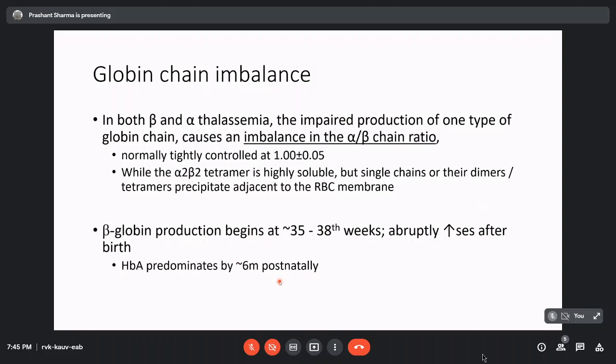This again is of practical, therapeutic importance, because many of the efforts which are aimed at correcting thalassemia at a gene level are actually aimed at re-inducing HbF, because if it comes back, it should be able to take over the function of the missing adult hemoglobin, the beta chain.